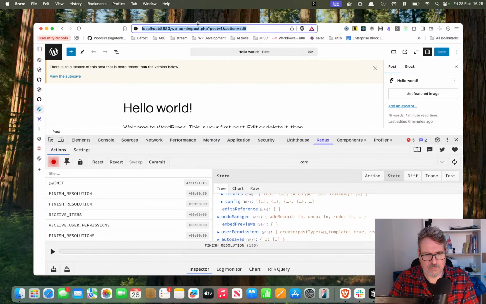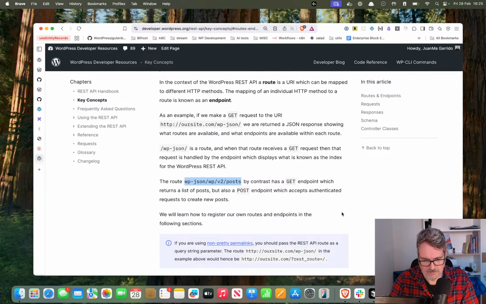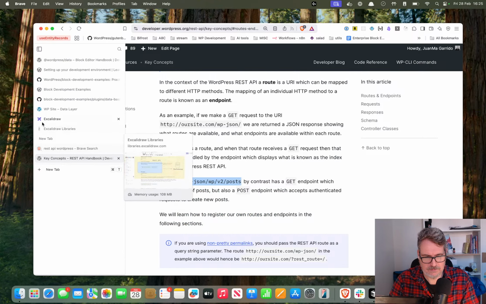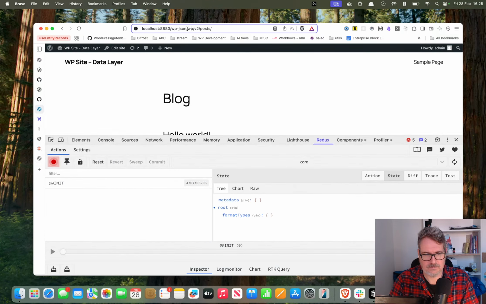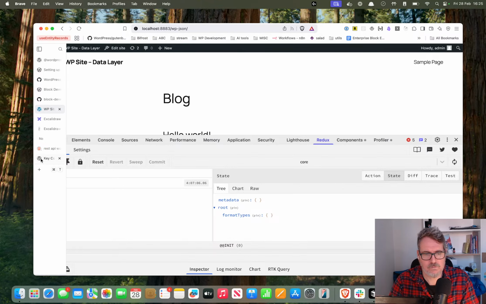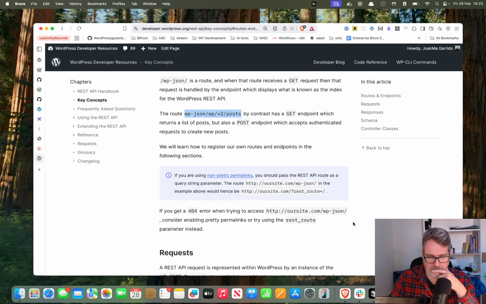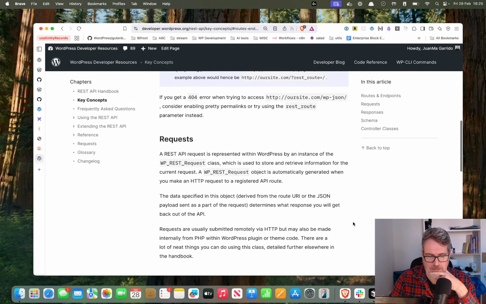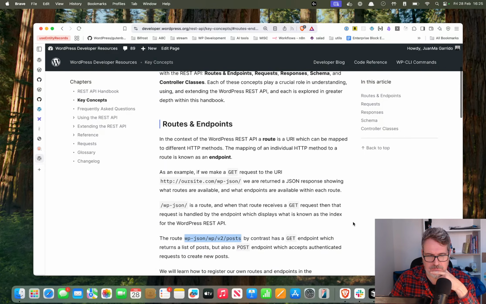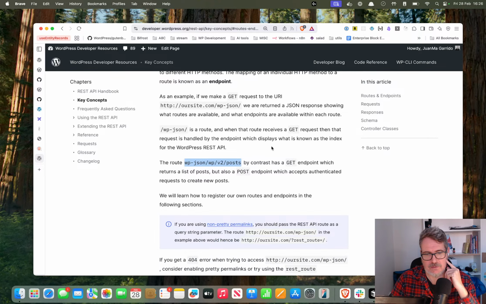So if we go to Dolly.json, okay, in the context of the WordPress REST API routes, an example we made to the URL Dolly.json. It's a route, and then